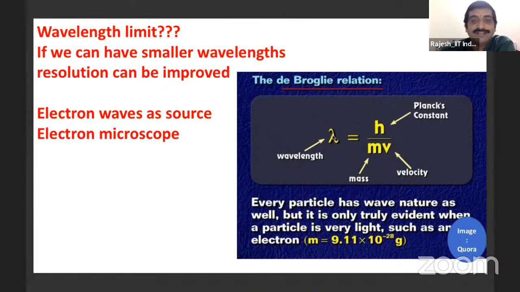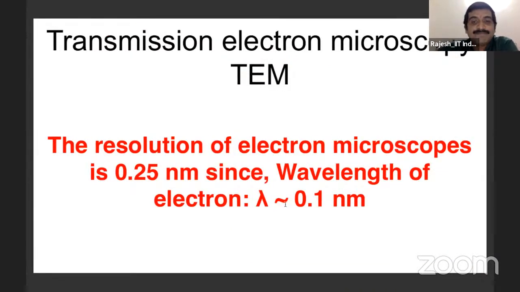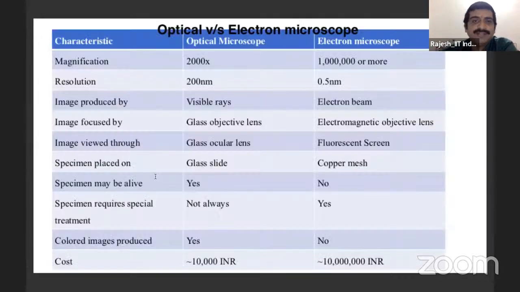And this wavelength can go far less than the ऑप्टिकल वेवलेंथ्स। सो हमने क्या किया कि इलेक्ट्रॉन बीम लिया, उसको अब कैसे हम उसकी एनर्जी बढ़ा सकते हैं, उसको हमने मैग्नेट में रखा, उसको एक्सेलरेट कर दिया। तो इलेक्ट्रॉन की स्पीड अगर हम बढ़ा देंगे तो उसका वेवलेंथ कम हो जाएगा, और हम डिसाइड कर सकते हैं उसका वेवलेंथ कितना। अब हमने 1 एंगस्ट्रॉम वेवलेंथ का इलेक्ट्रॉन बीम, ऐसा इलेक्ट्रॉन बीम लिया जिसकी एनर्जी फिक्स की, आप कैलकुलेट कर सकते हैं। इलेक्ट्रॉन बीम की एनर्जी इतनी फिक्स कर दी कि उसका वेवलेंथ इतना हो गया। अब उसी फार्मूला से जो रिजोल्यूशन पावर का जो कितना डिस्टेंस हम रिजॉल्व कर सकते हैं वो कितना हो गया, 0.25 नैनोमीटर, मतलब 2.5 एंगस्ट्रॉम, इतने कम तक हम चले गए।